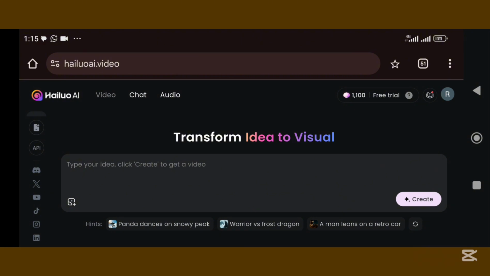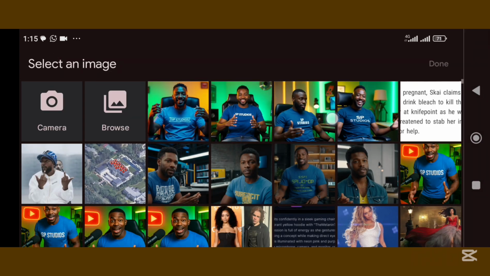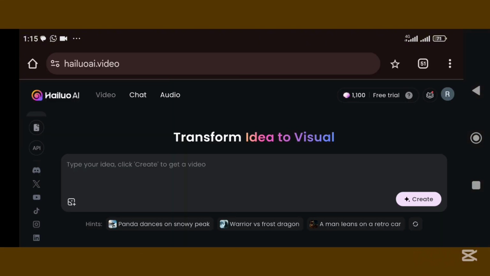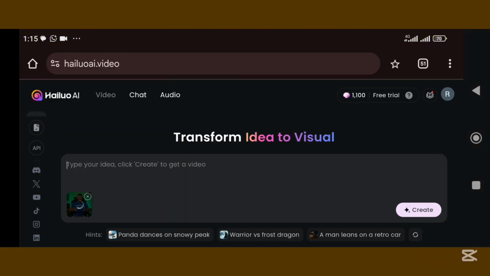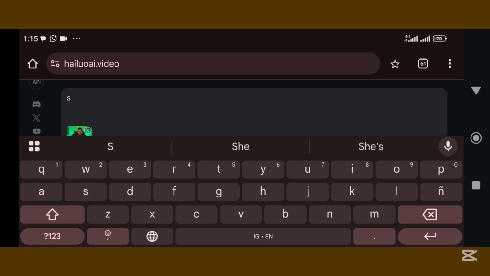Now, this is what you are going to do. You click on this icon here. It brings out the image space. You're going to choose one of these images here. So I'm going to choose this, and then it has uploaded. And then I'm going to type in a prompt. I'm going to say